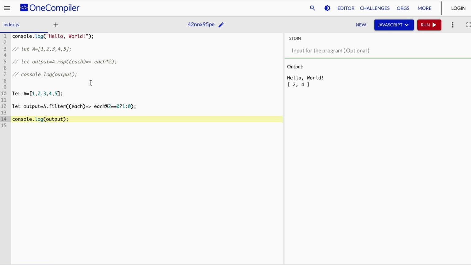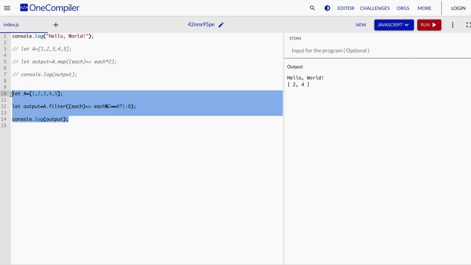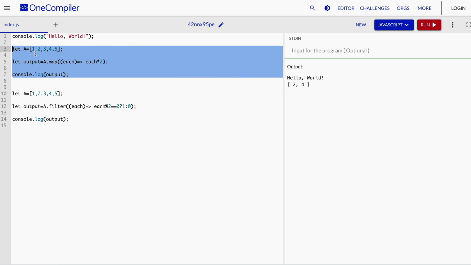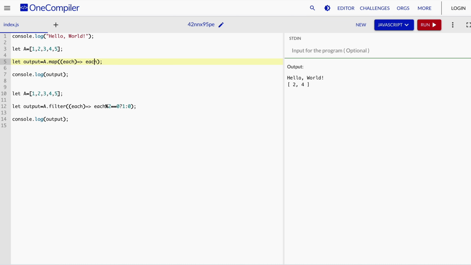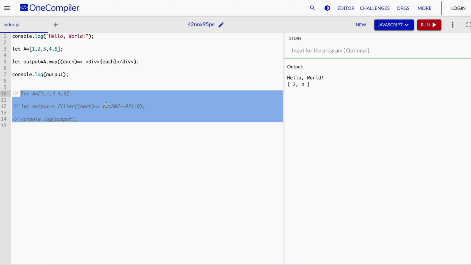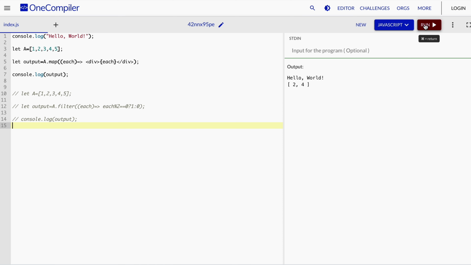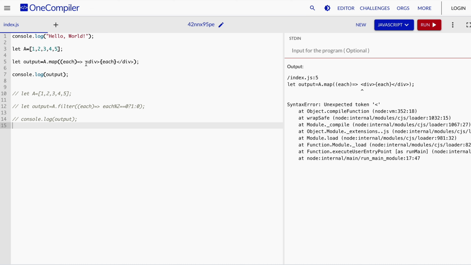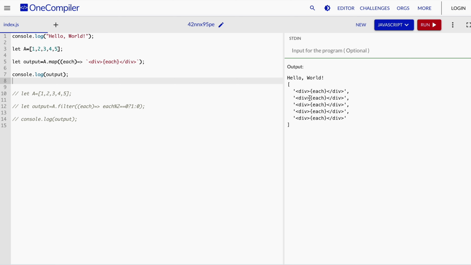So whenever we are rendering with map, most of the time we render a JSX element like li or some div. Let's say in this example you return some div here. Let me make some div. I hope it will not give an error because the compiler is JavaScript. But let's see what it will log. Oh, it will give an error. So let's make it a string value. Fine, now it will work. See, it will return everything.